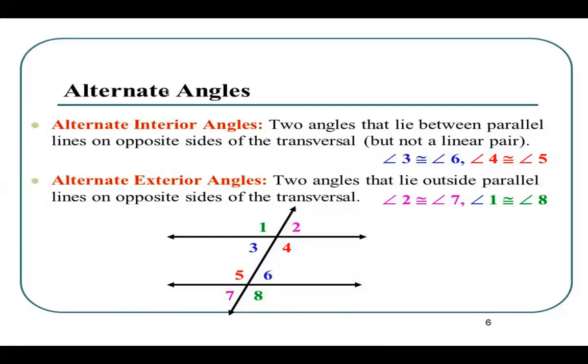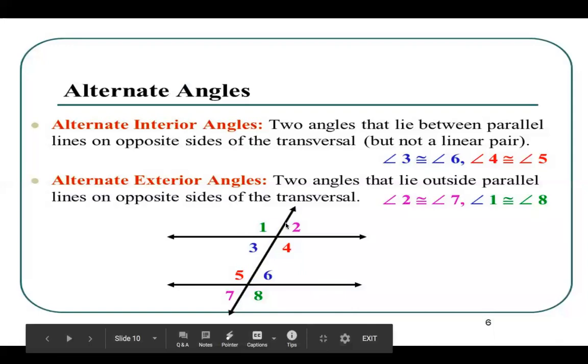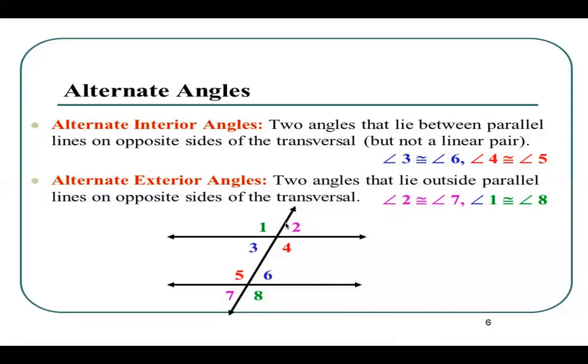Alternate angles. There are two different ones. We separately listed alternate interior angles and alternate exterior angles. So two angles that lie between parallel lines. So it's going to be parallel lines. So two angles lie between parallel lines